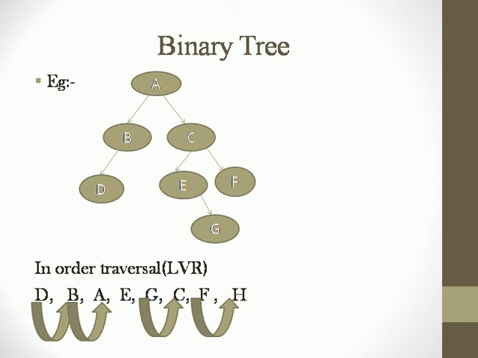Now the next node which is having its right field to be null is G. The in order successor for G is C. So we can draw the thread from G to C. Now the next node which is having its right field to be null is F. Then there is no in order successor, so it is joined to the header node, and the in order successor is represented as H. So this is how the right in threading can be performed on the given binary tree, and it is known as a right in threaded binary tree.